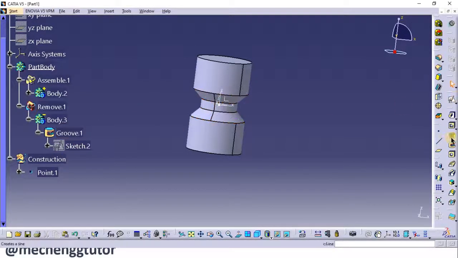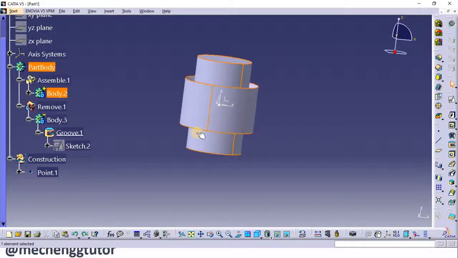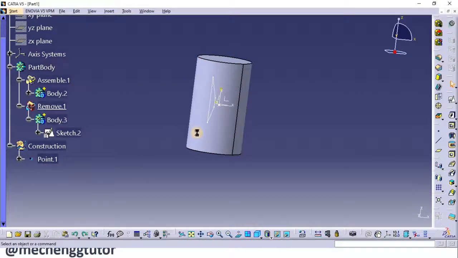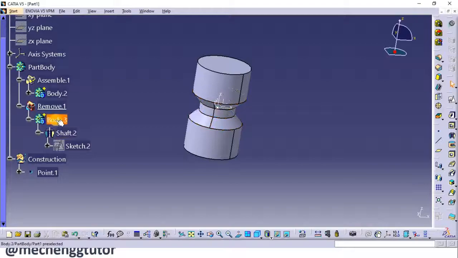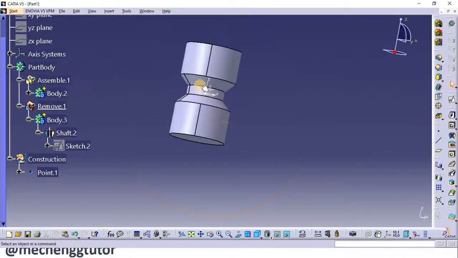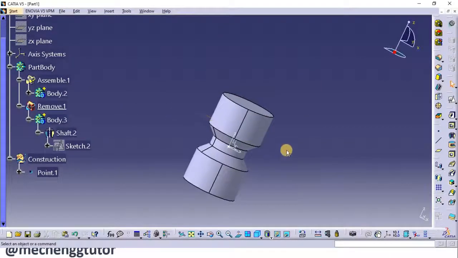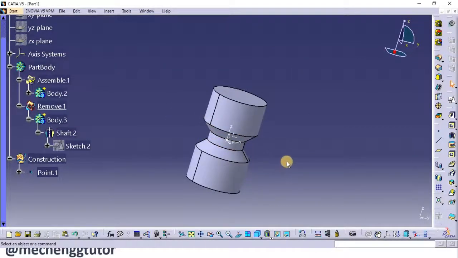Hence, instead of groove, there has to be a shaft command, so it becomes a positive operation, and since the Boolean operation is removed and the body will be in positive operation, this groove can then be incorporated in the tool design. So I'll just undo these and the groove will be replaced by the shaft, and if you see now, with the shaft command we have a positive symbol here on the body in this groove command. So here also there is a material removal, but this material removal is with a positive operation which has been done. So friends, this is about the shaft and the groove command.